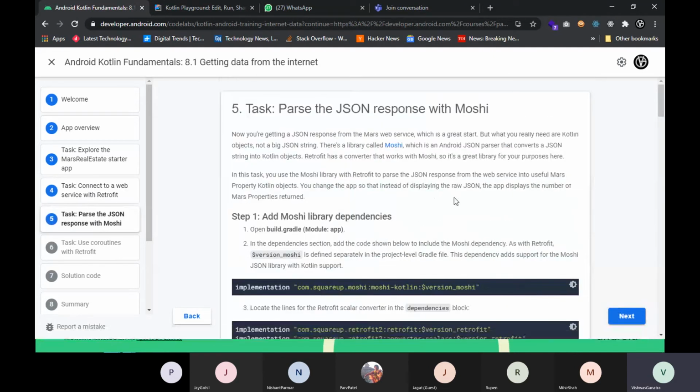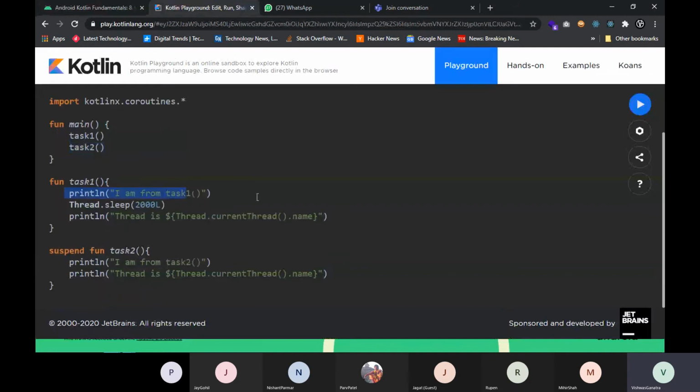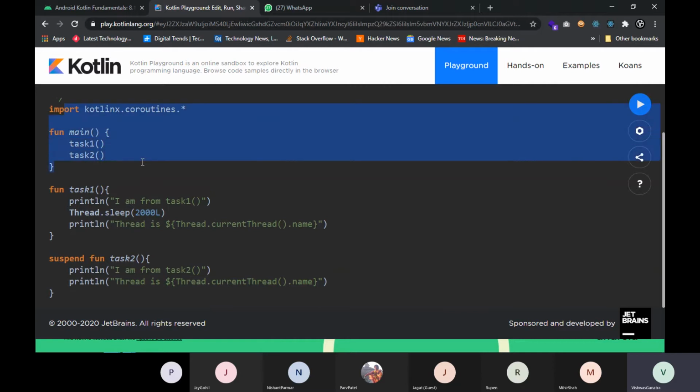Basically, Retrofit is used inside a coroutine. Whenever you want to call some data, let's say this is a function getting data from the internet, if you are not using coroutines with it, it will not call the data asynchronously. It will execute the code sequentially only. So first your UI will be loaded, then your network request will be sent to the server, the server will respond with some data, that data will be converted from JSON to an object, and then your application will show the data in the user interface.